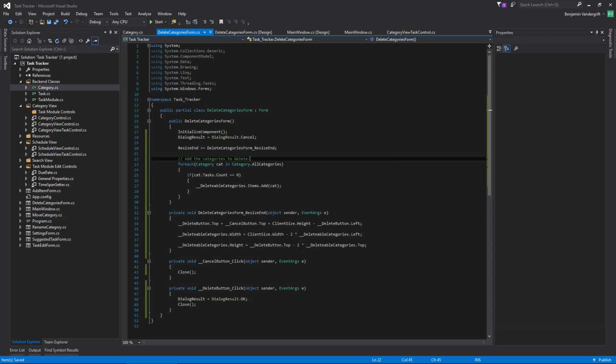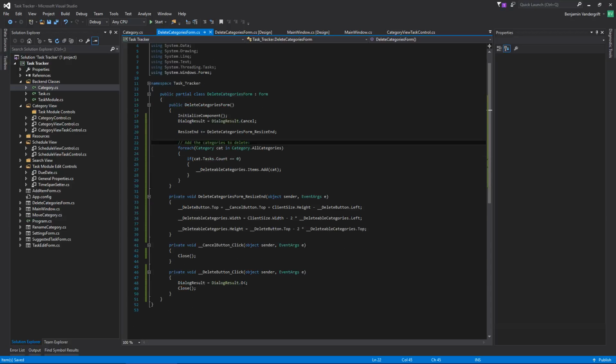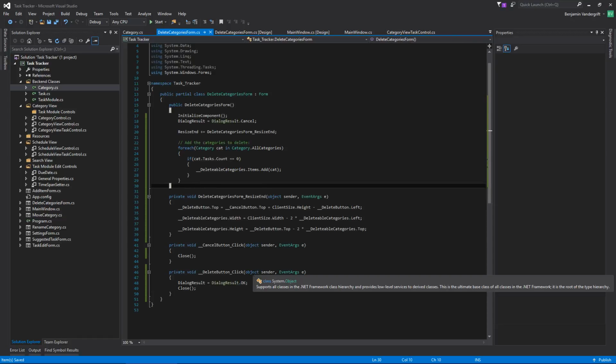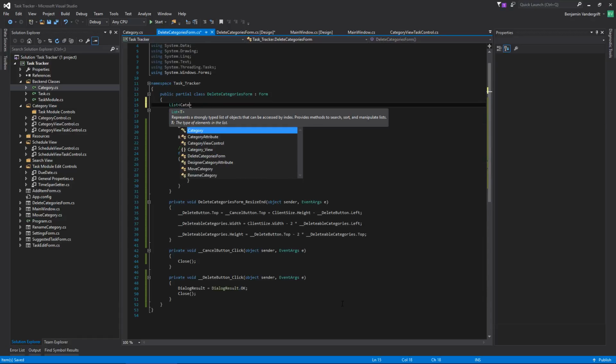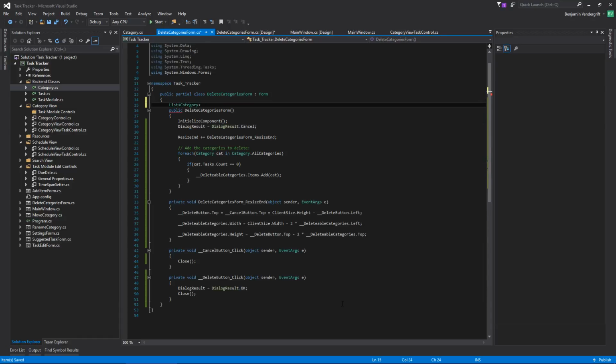Okay, so what I think I'm going to need to do is when you click this, I need to be able to have a list right here. List categories to delete. This is going to be a public list. I'm going to set it to null. And then, why are you